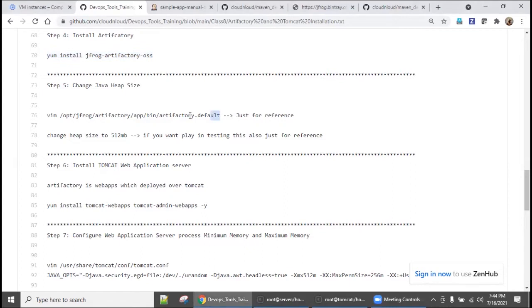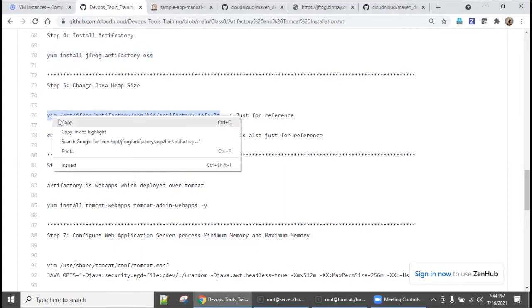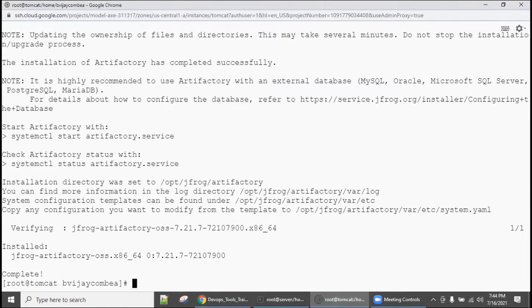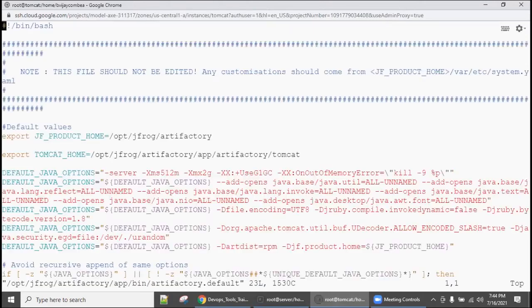What is that file? So copy this. Okay, go. We are not going to change anything. We are going to leave it. But sometimes the application you are going to deploy requires a minimum of 8 GB, right? Sometimes a minimum of 128 GB. It depends on the criticality of the application, the weight of the application, right? So go and open it so that you will understand. The easiest way, so come down. I'm going to show you.